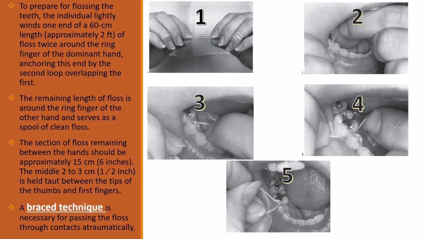Now, this is a pictorial demonstration of the braced technique of flossing. So the first photo, you can see how the fingers are holding the floss. In the second photo, the index finger is holding the floss in the embrasure and the other hand is pressing the floss diagonally through the contact. In the third photo, you can see that slight anterior pressure has been applied to the floss so that it moves along the distal surface of the tooth,